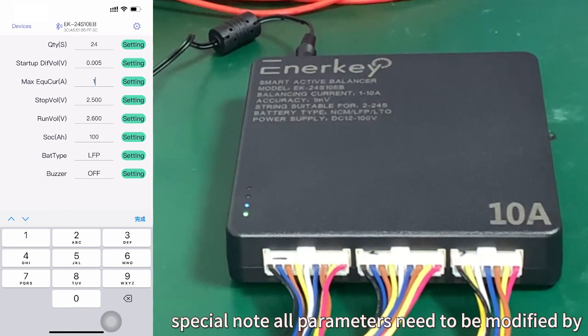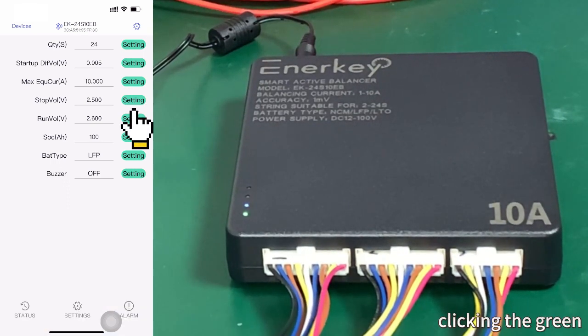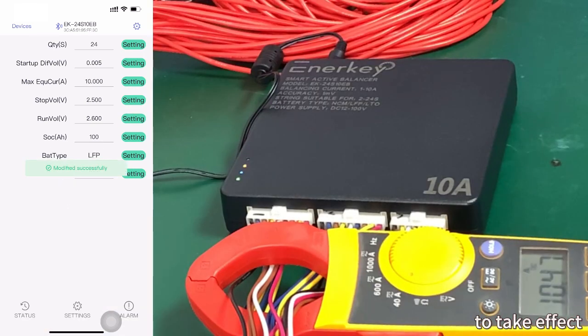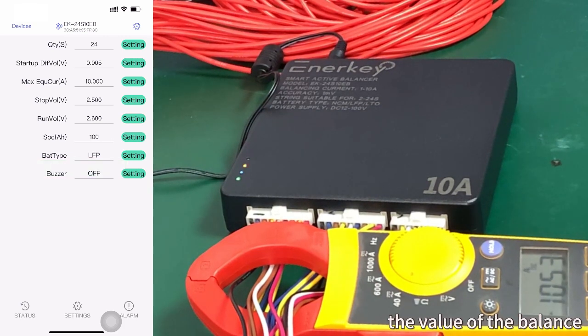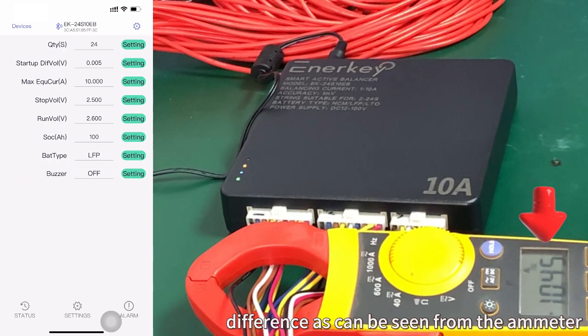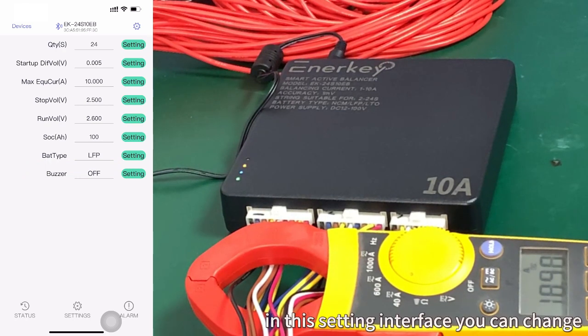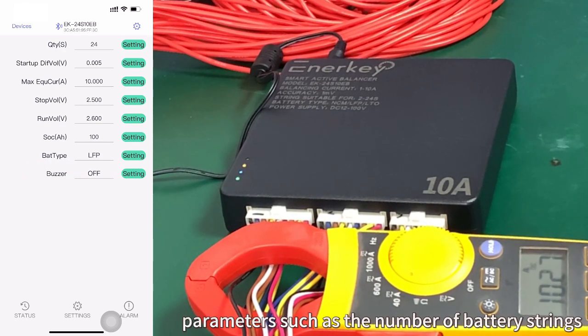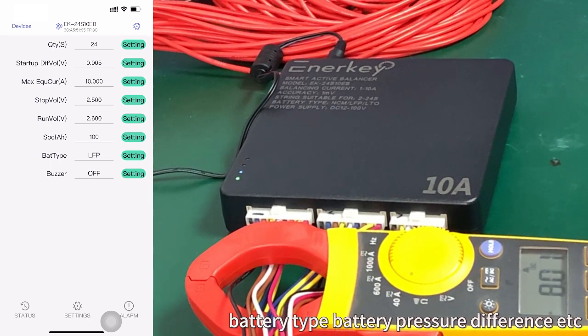Special note: all parameters need to be modified by clicking the green setting button on the right to take effect. The value of the balance current is independent of the battery voltage difference, as can be seen from the ammeter. In this setting interface, you can change parameters such as the number of battery strings, battery type, battery pressure difference,